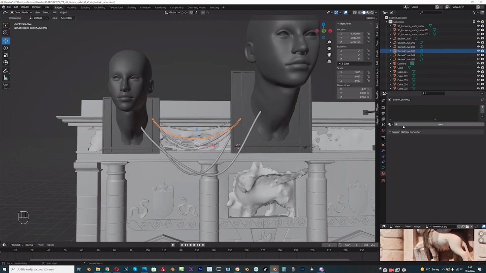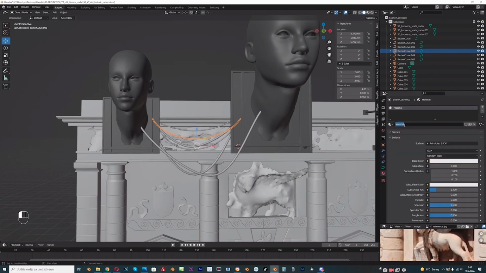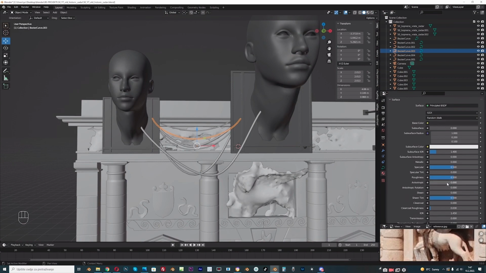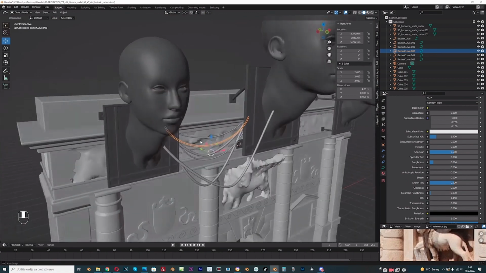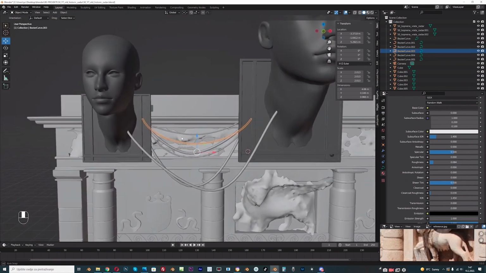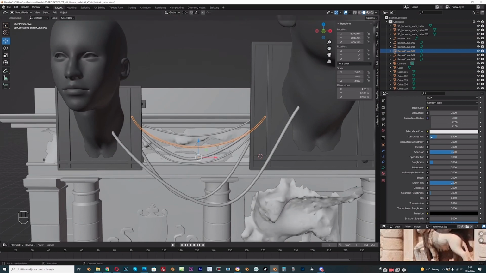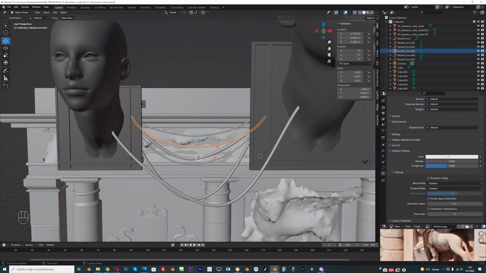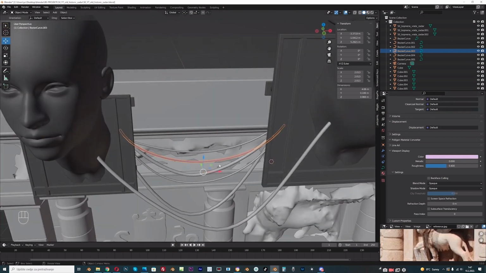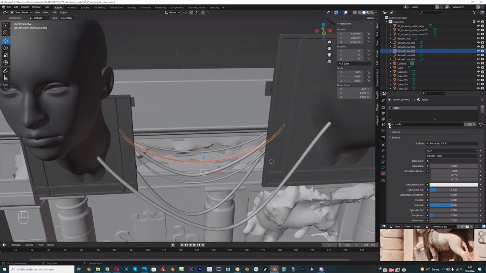And I will just create a material for this. Just go with black color. I will bring roughness down to catch more light. And now I will just set a viewport display color here, maybe to see better which object has which material. So I can now easily